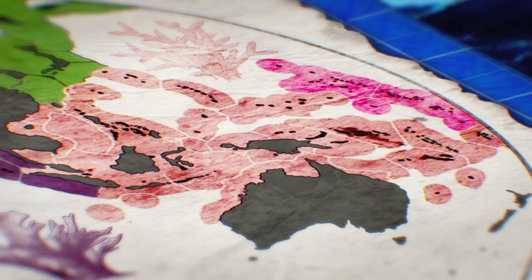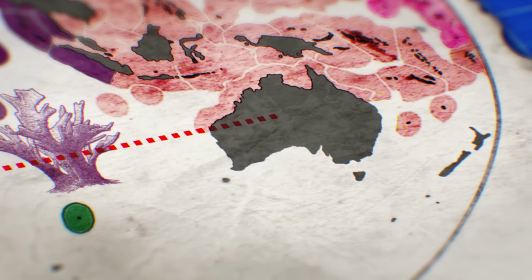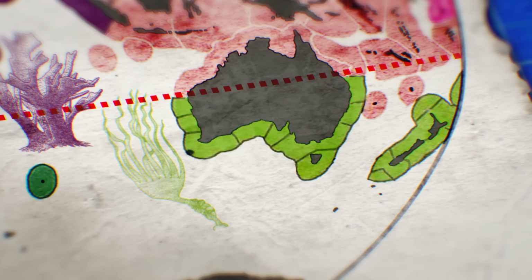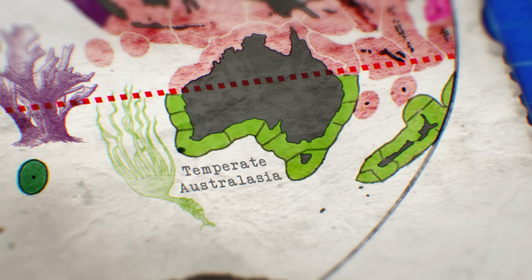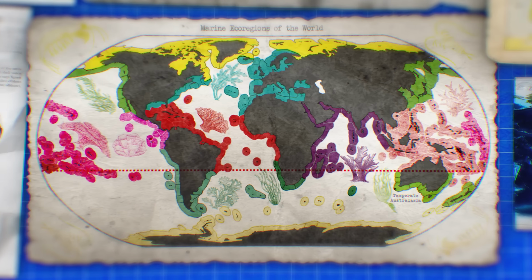Beyond the Great Indo-Pacific, the southern half of Australia dips back below the Tropic of Capricorn, where waters cool back down and kelp once again takes over, forming the temperate Australasian realm. And beyond this, there's Antarctica. And I know I forget Antarctica a lot, but in terms of marine environments, it might actually be the